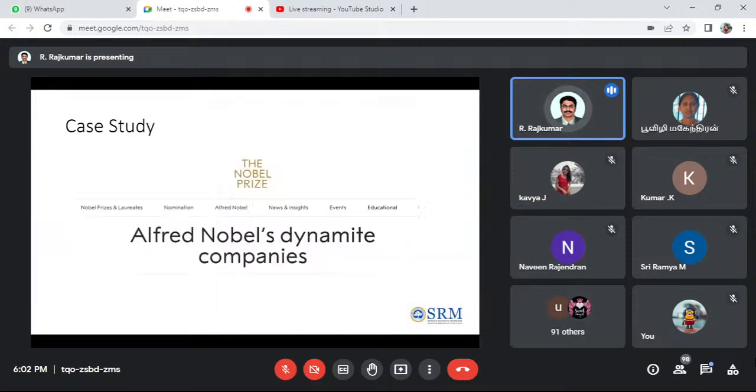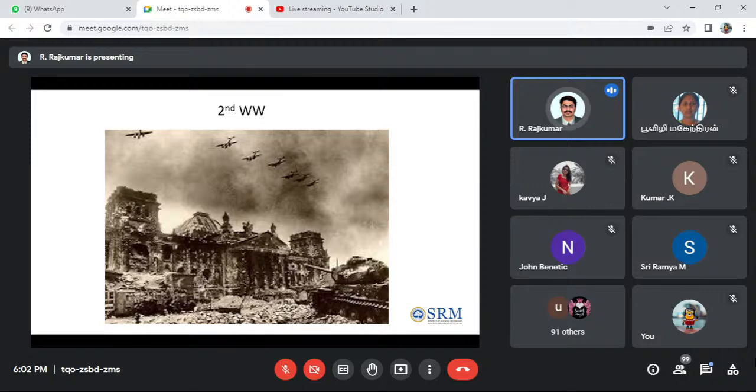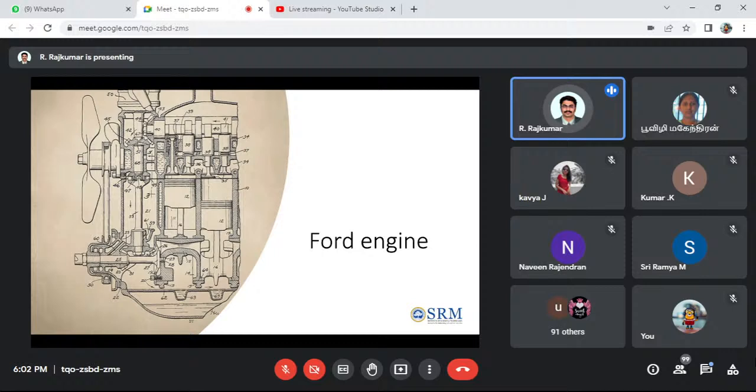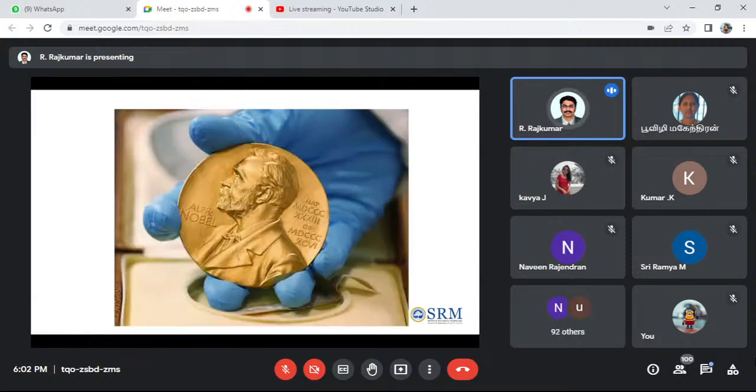Now the Nobel Prize story. In the Second World War, Alfred Nobel had a patented product, TNT, which is a kind of bomb. It was bought by many people and he earned a lot of revenue from it, so he gave the prize for the Nobel Prize from that patented revenue.